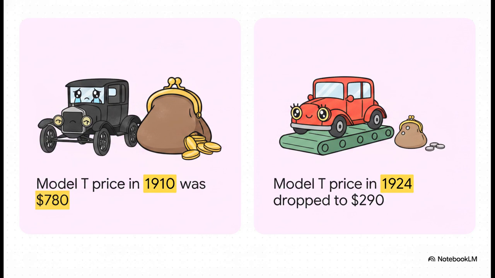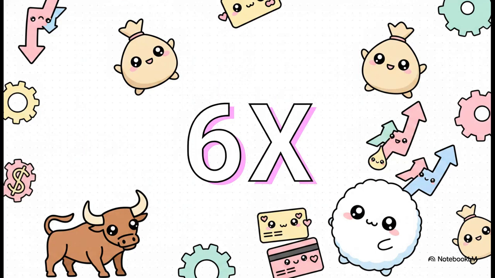This practically birthed mass consumerism by making things like cars, radios, and washing machines accessible to the masses. This mass production model spread like wildfire, officially kicking off the age of the consumer. Driven by this massive boom and super easy credit, the U.S. stock market saw a staggering six-fold increase between 1921 and 1929. It multiplied by 6. Everyone wanted the latest and greatest products, and banks were practically throwing money at people to buy them on credit. Wall Street became the absolute center of the universe.